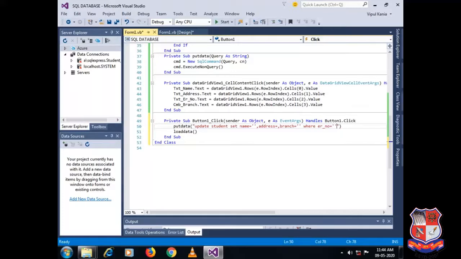See, over here we are considering our enrollment number as a primary key, so we are not supposed to change the enrollment number, right? After that, the same procedure we need to follow.